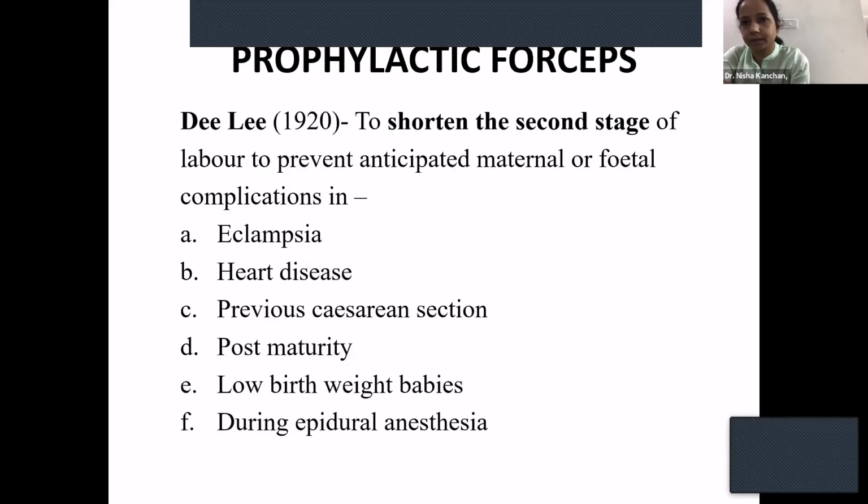Next slide, please. Now there are terminologies which are really liked by examiners: prophylactic forceps, trial forceps, field forceps. Is this due completely to the fault of the obstetrician? Sometimes the obstetrician is also under high stress. The head would have reached the level of the perineum. You would have crossed the stage where you can easily do a safe cesarean section. It's very difficult to extract the head which is deep in the pelvis.